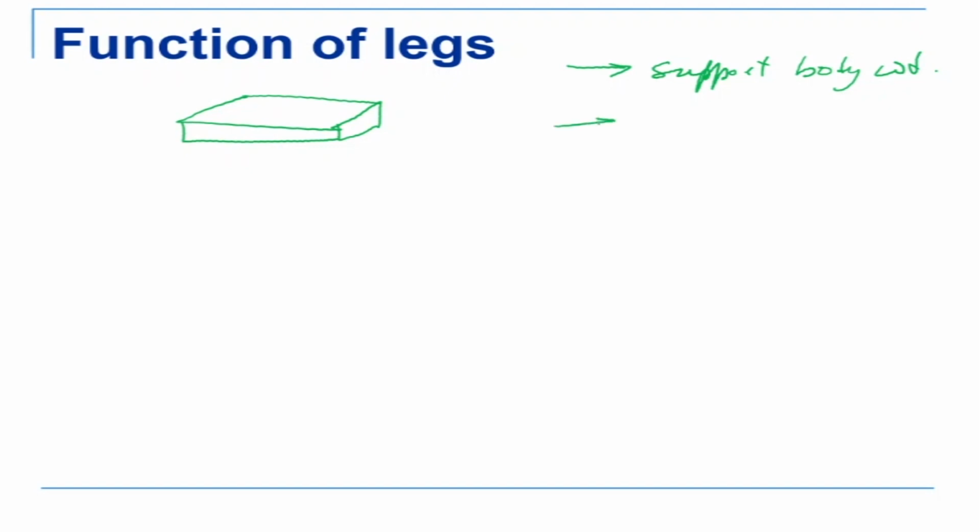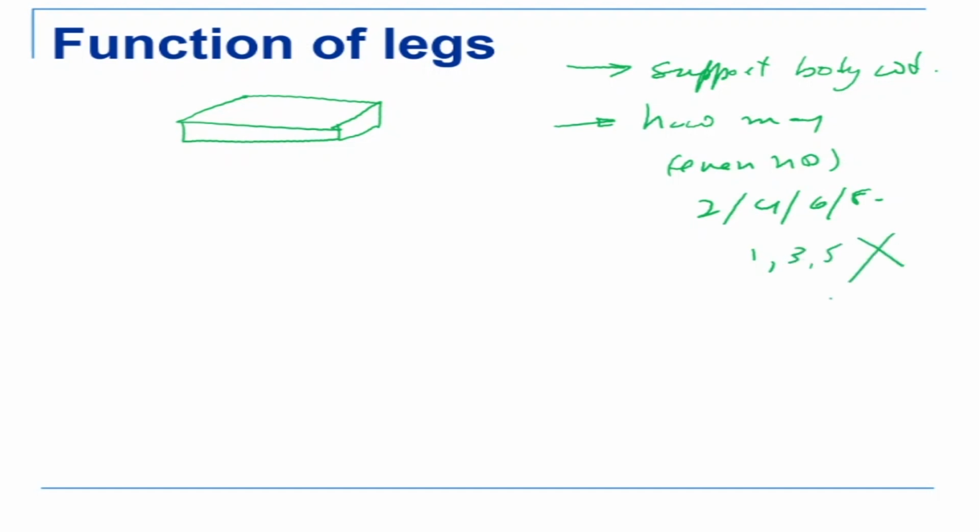Now how many legs? They are normally even numbers. Okay, so it is 2, 4, 6, 8. You don't normally have odd numbers. You don't have 1, 3, 5. Okay, why? Because of symmetry,